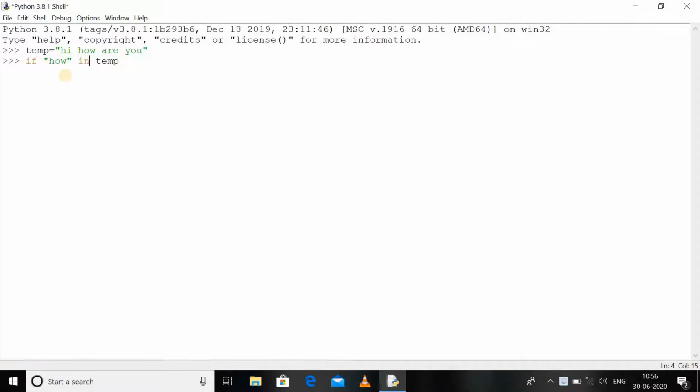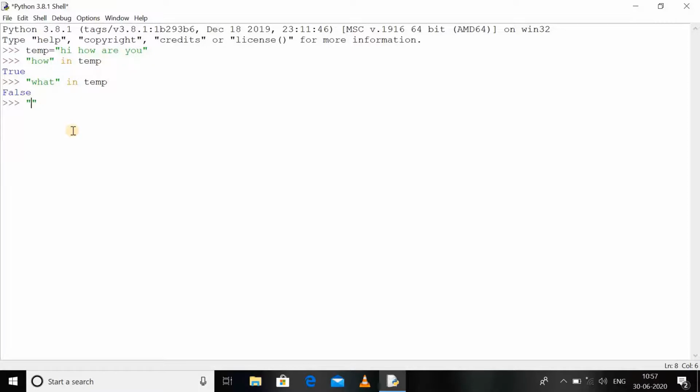So if I use "how" in temp, then it will return a boolean value. Let's just check it. As you can see, "how" is present in temp, but if I check "what" in temp, then it will return False, as "what" is not present in temp. Similarly, not in will automatically work as the vice versa of the operator in.